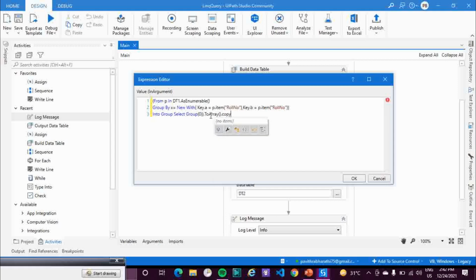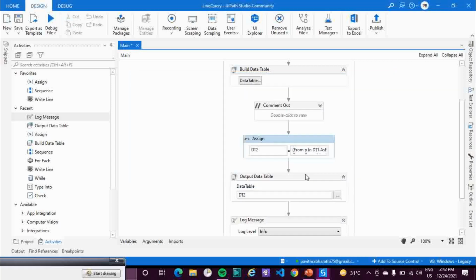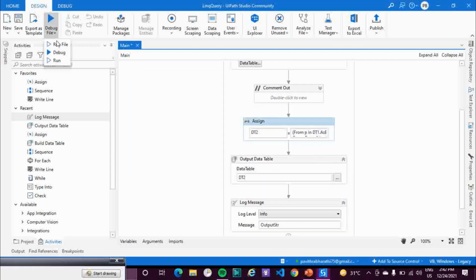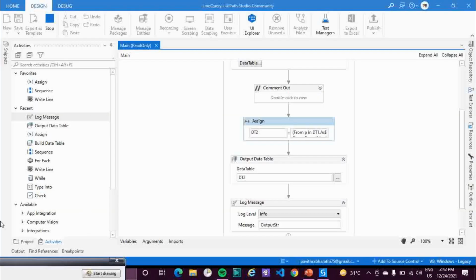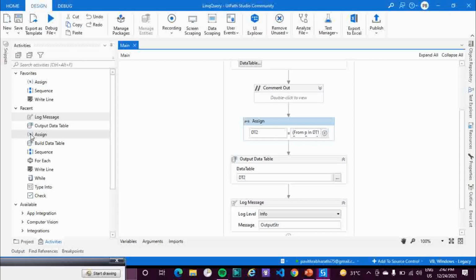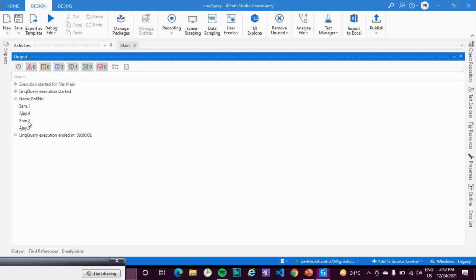And then copy to data table. Now this is done. Let me close this one and run this. Let's see the output. If you see, the roll number is being grouped together and the answer is being printed.